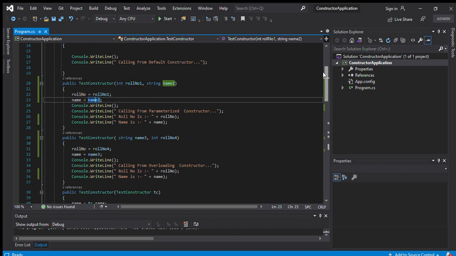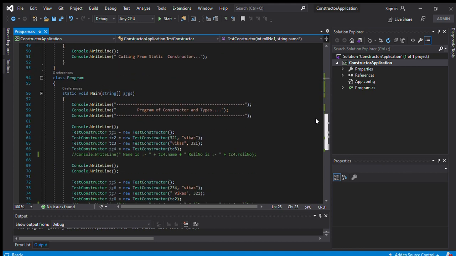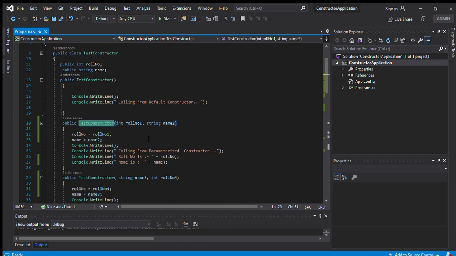While creating the object of TestConstructors, we should initialize the values. So I am mentioning the roll number 31321, and the name, which is my name. Whenever I create an instance of the class, I should provide the values, so this is called a parameterized constructor.